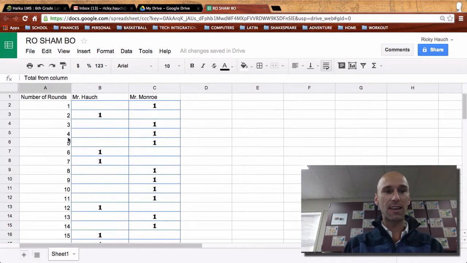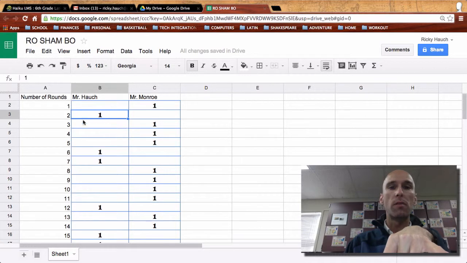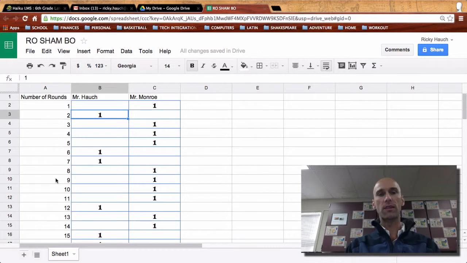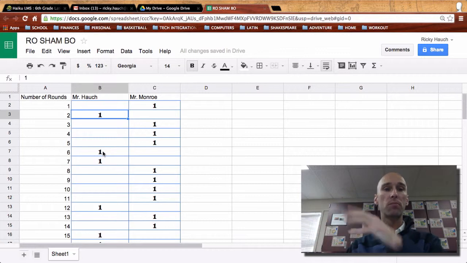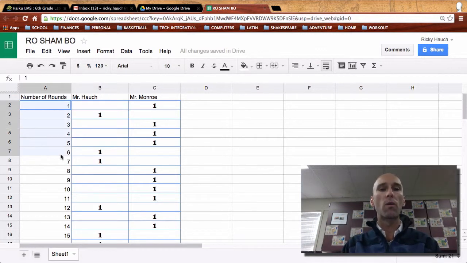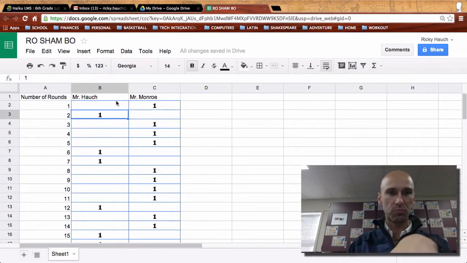And the next thing that you want to do is, if you notice, there's bold formatting on these numbers here, and I want to switch the rest of these, Mr. Monroe's name, number of rounds, and all of these numbers here, to a formatting that's exactly the same. So I could do that one by one, or highlight the text and click here and figure it out, or you can just click on